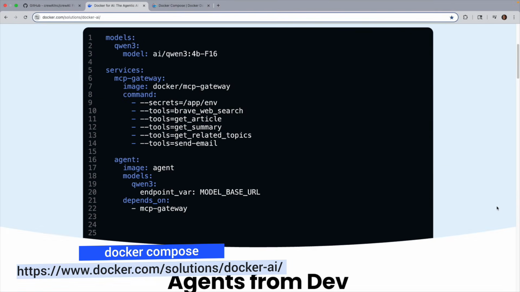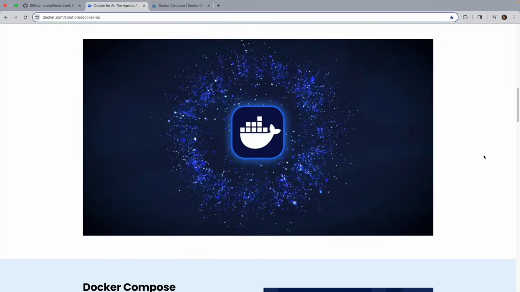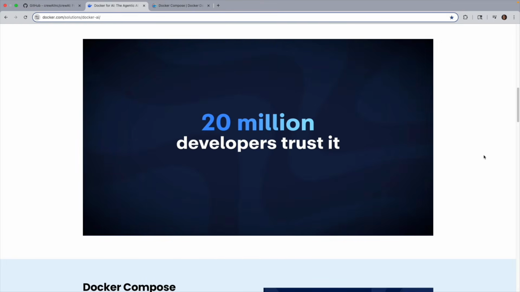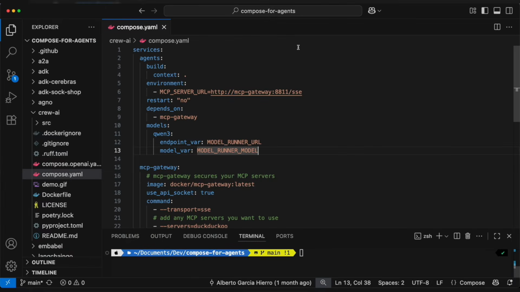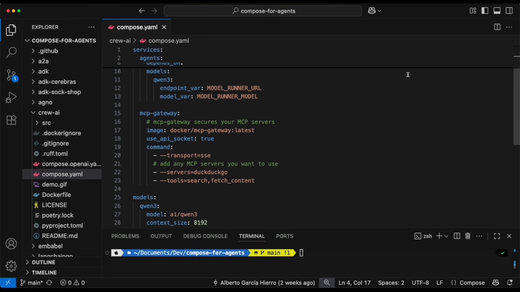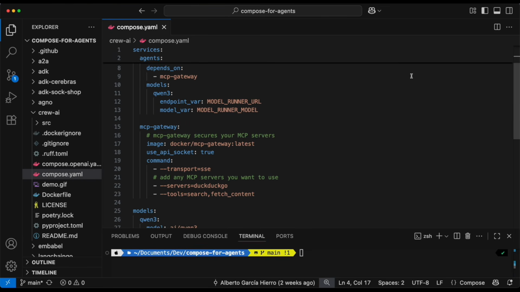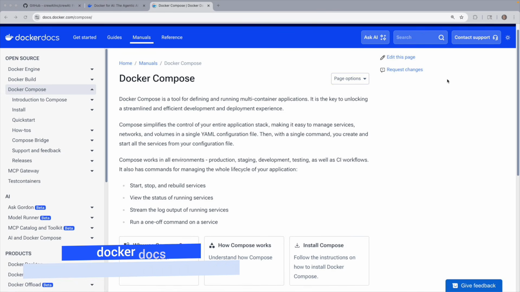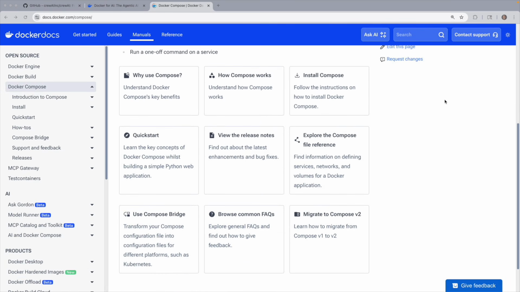Enter Docker Compose. Docker Compose is a tool to define and run multi-container Docker applications using a simple YAML file. With Compose, you describe your application services, networks, volumes, and configuration all in a file like this, and then launch it with a single command. And this abstracts away environment differences and manual setup. More info on Docker Compose could be found here in the docs,